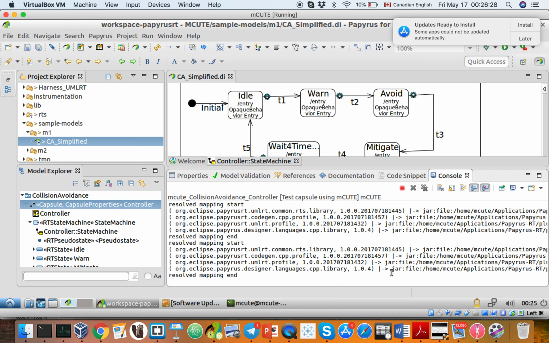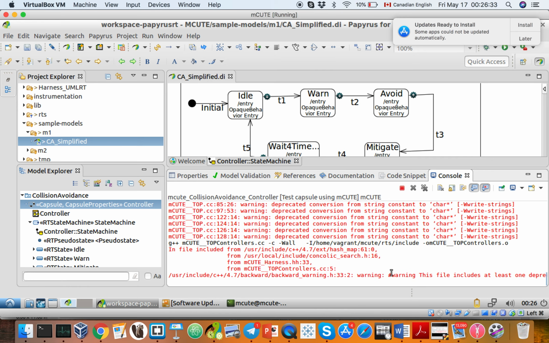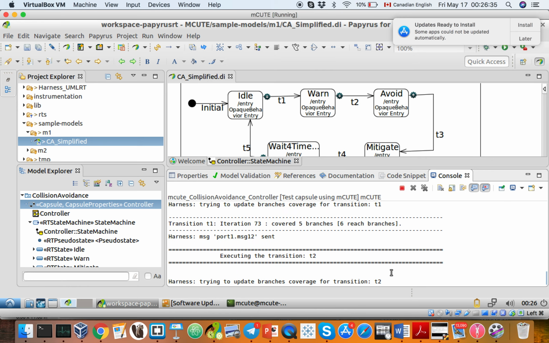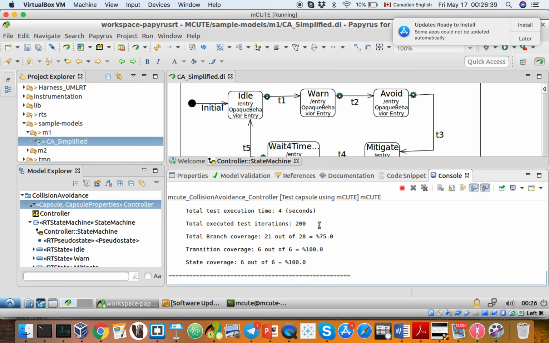We're just waiting for the build system to build the model. Okay, the model was built and executed. Again, 75% of coverage, but no bug was found